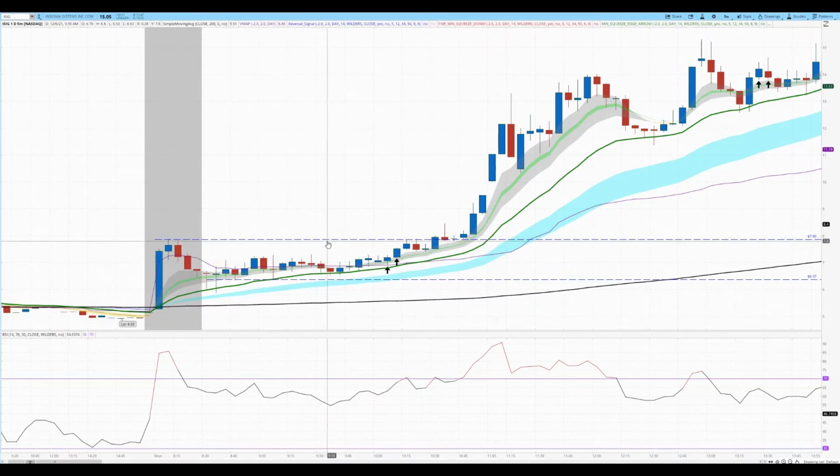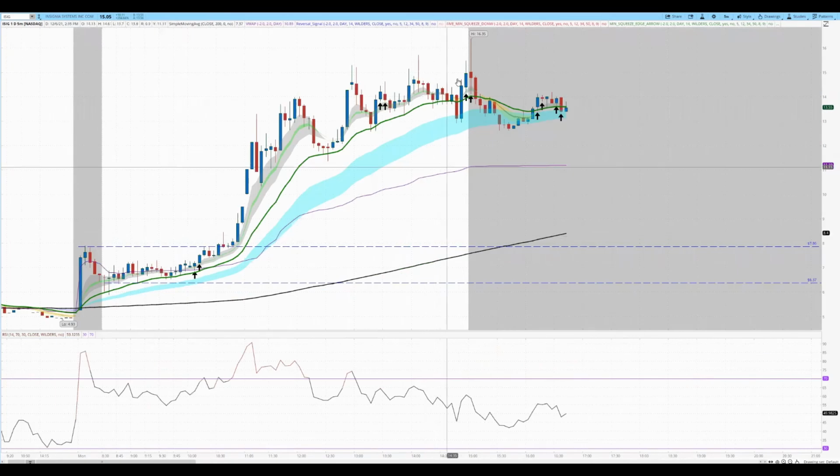I set up an alert, so if price breaks this price line, I will get an alert on my phone from the Think or Swim application that it has broken your resistance, and I will use that level as resistance for the day. Once it breaks, I would enter. So I got an entry in ISIG at $7.97, and it went up all the way to $16, almost more than 100% in a day,